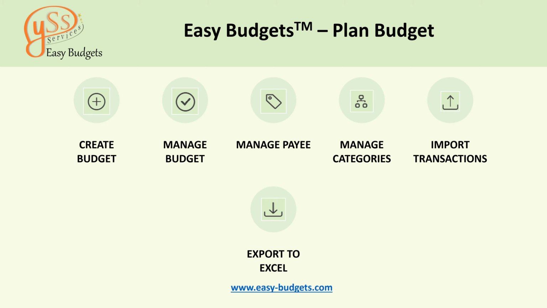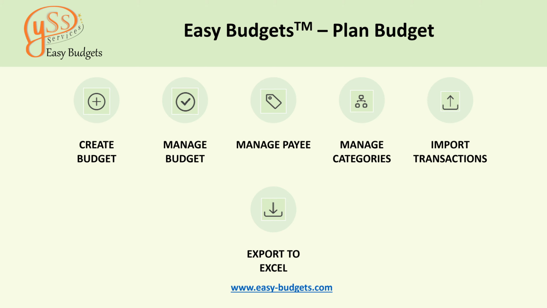So create budget wizard will help you to set your budget name, set your currency and date format for your budget, choose the budget type, whether you are creating the budget for your home or for your small business or for any other purpose. And it will allow you to add and associate accounts to the budget. Accounts are the ones from where you'll be pulling money to spend on your items, and then set your category and subcategory of items on which you will be spending money.